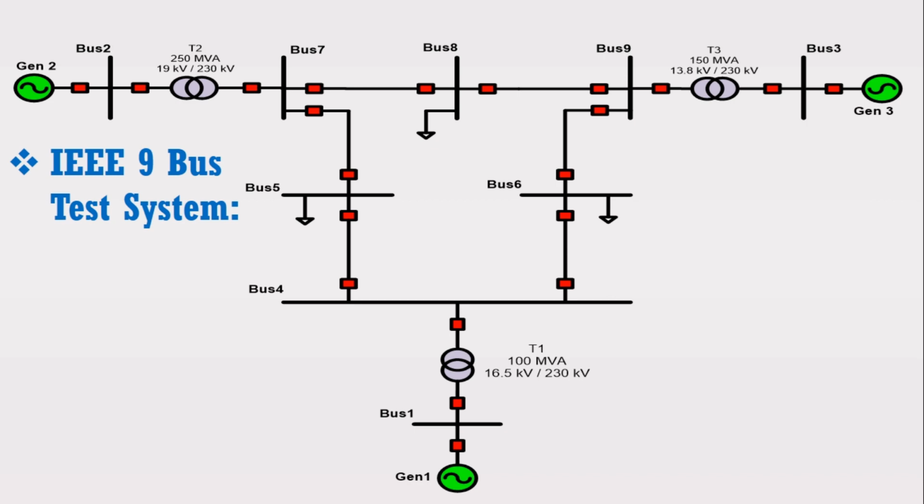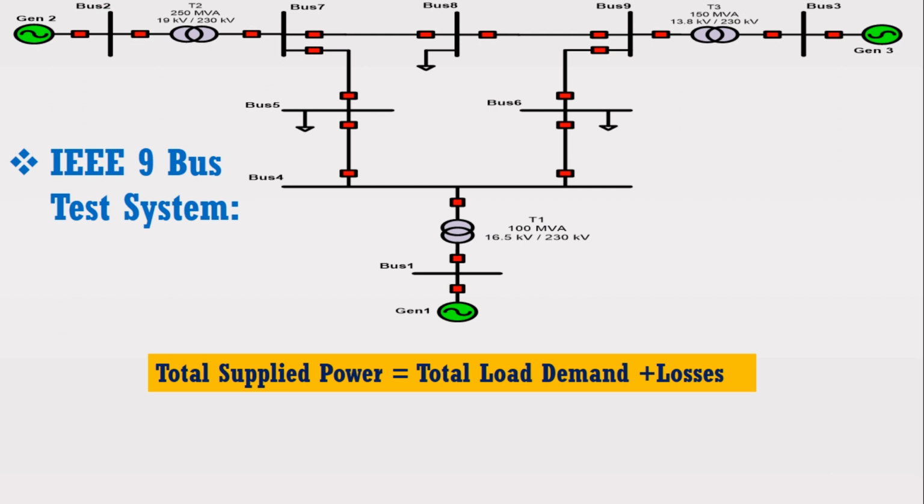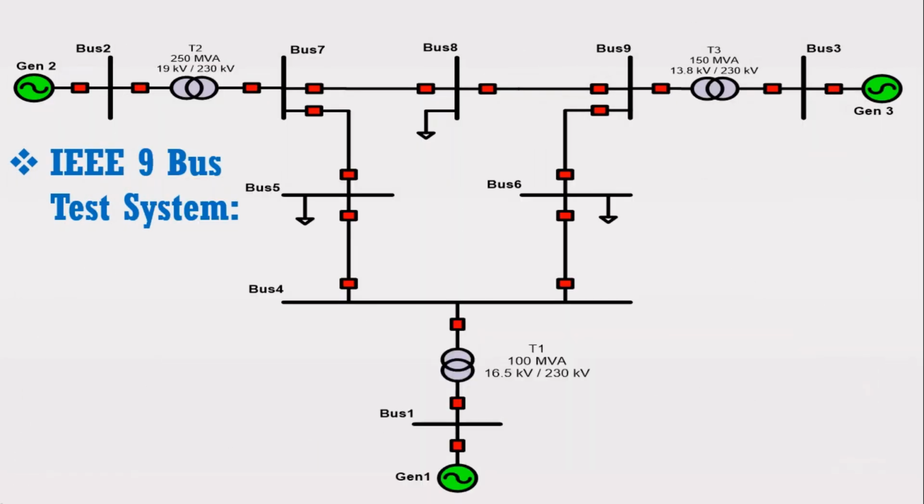It is because the total power supplied by the power plants must be equal to the load demand plus losses. Therefore, the transmission and distribution distance from the power plants to the load play a vital role in the sharing of power from each generator.